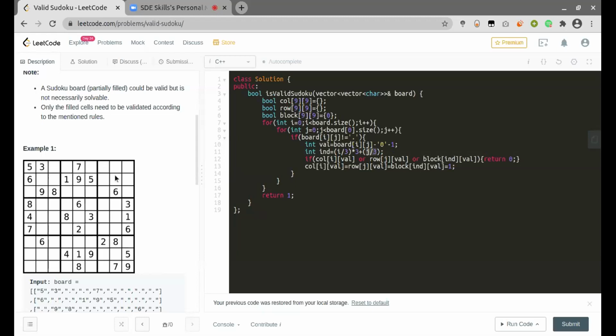So all the values in this block will be 2. So 0, 1, 2. Similarly, the i value will give me 1 for this particular row, and then this j value will give me 1, 2, 3. Similarly, it will be 4, 5, 3, 4, and 5. So in this way, this is calculated.